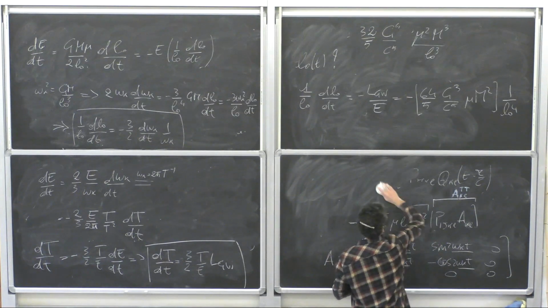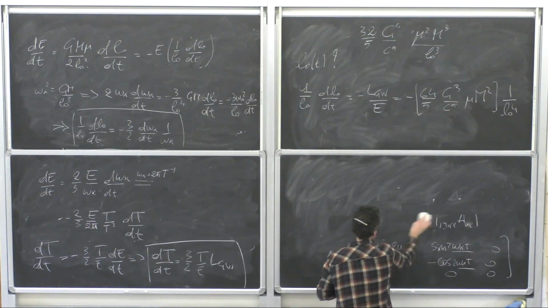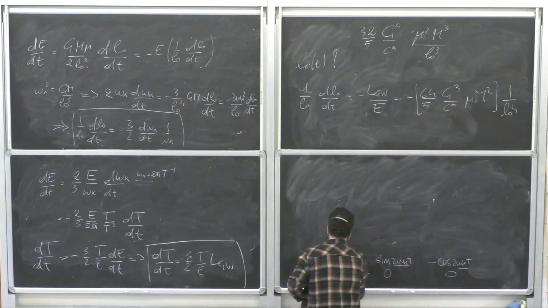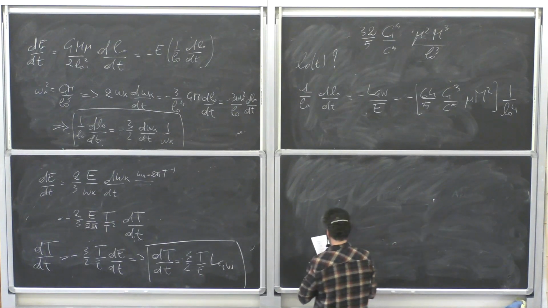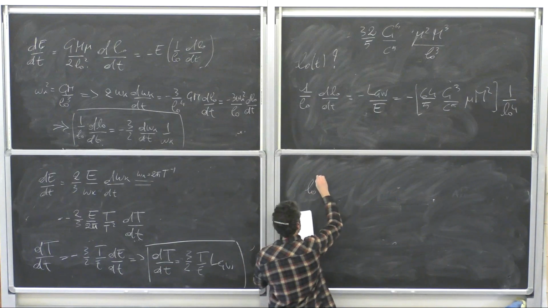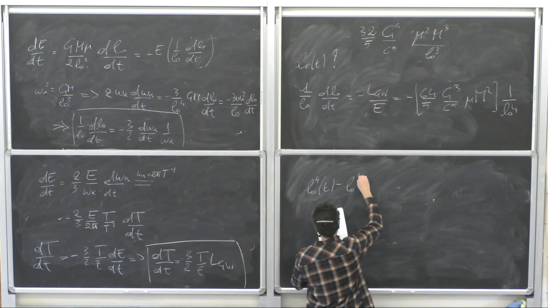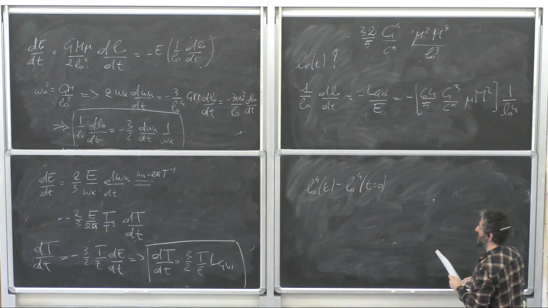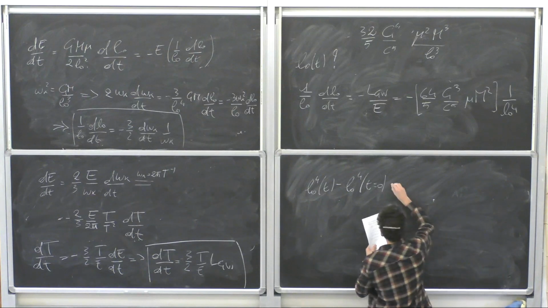The analytic integral of that expression will give L0 to the power of 4 at t minus L0 at t equals 0, which is the starting point of my observation,